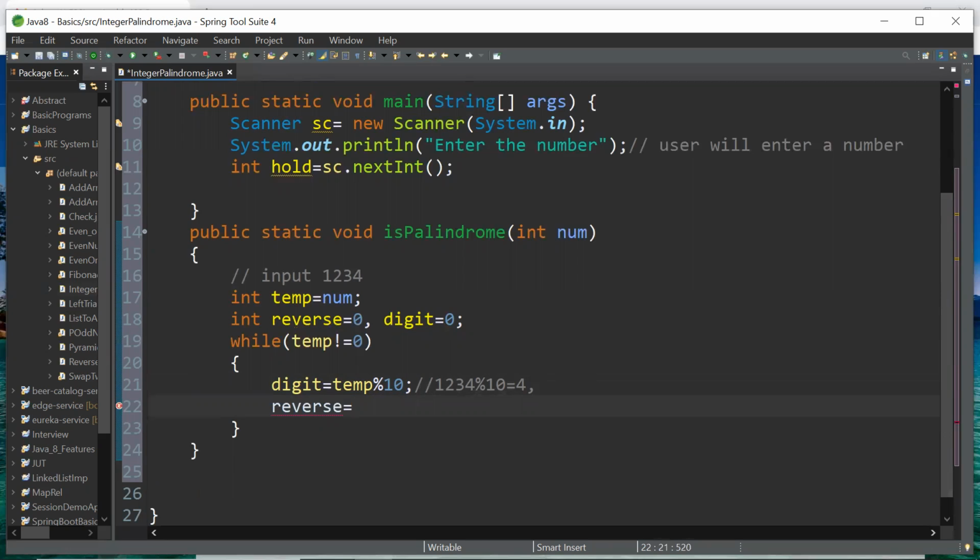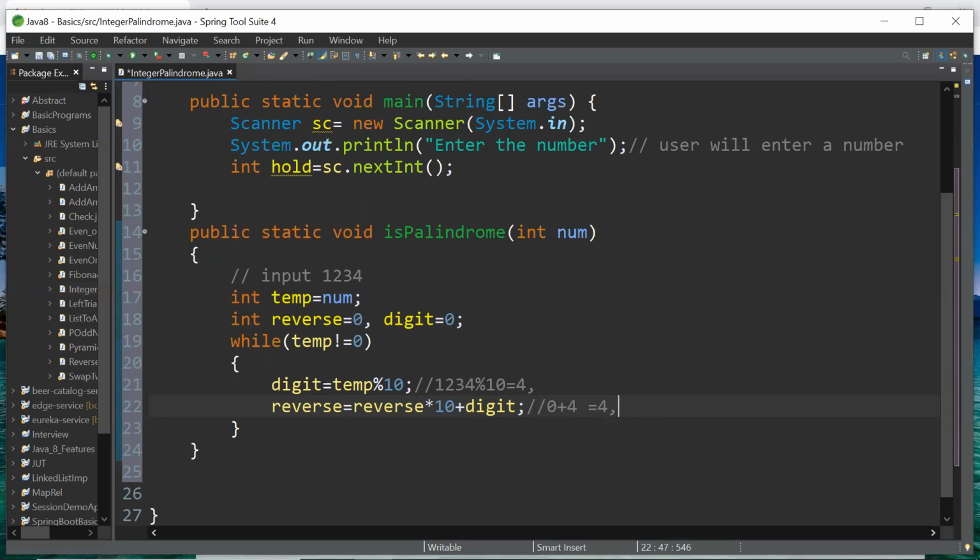Now reverse equal to reverse into 10 plus digit. In this case, my reverse is 0. 0 into 10 is 0, plus digit, 0 plus 4 equals 4.